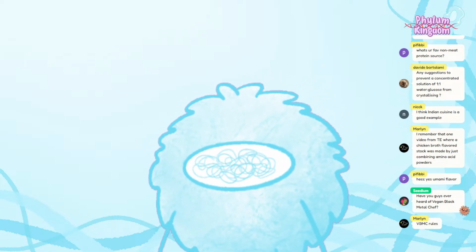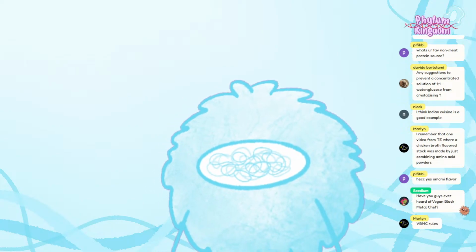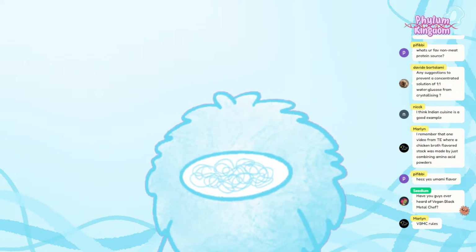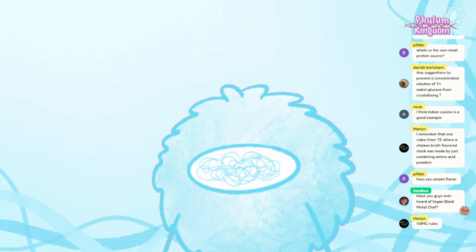Tofu is a nice ingredient in its own way. It carries mapo tofu very, very well, and it fries beautifully, and you don't have to do all the pressing. You don't have to do all of that. You just have to be patient.